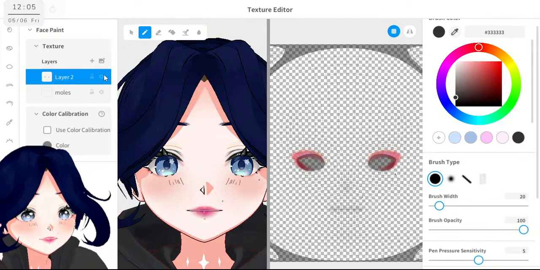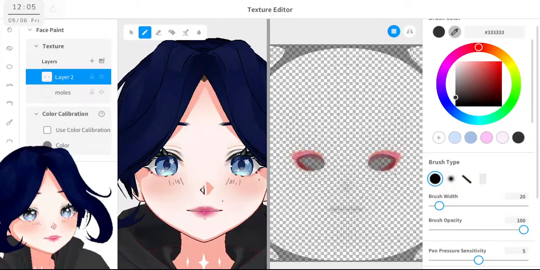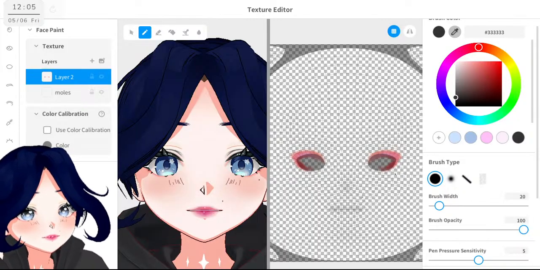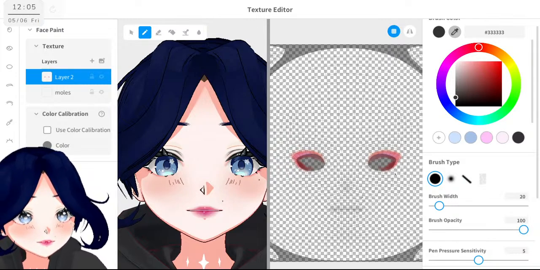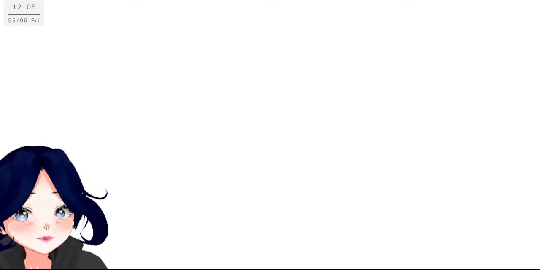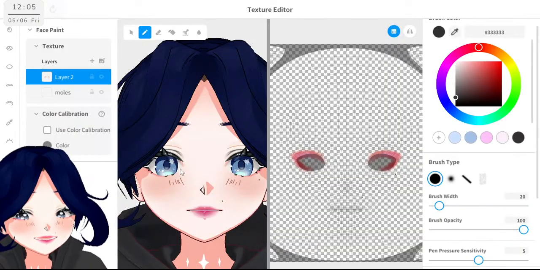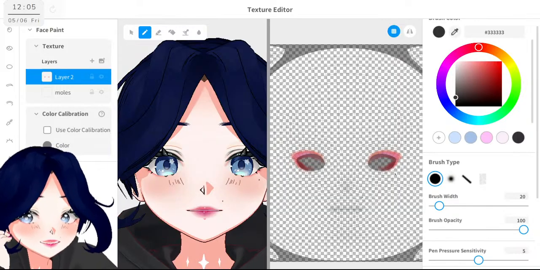All right, and for the eye makeup, I think it was, okay. Mess up again. Okay. For a second I scared myself. I don't know why the outline is so red.